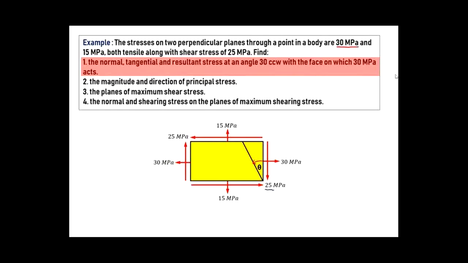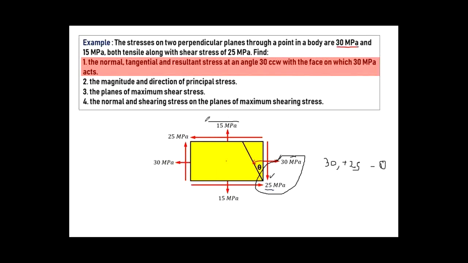This may be confusing, so see here once again. This one is a plus value, so you have to take this location. Take this force and this force. This force is positive 30, and this one is 25. So this location is plus 25. Why plus? Because if you take the center point, it is rotating in the clockwise direction, so that is why it is plus 25. This is the first point.